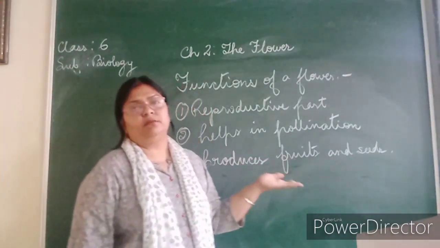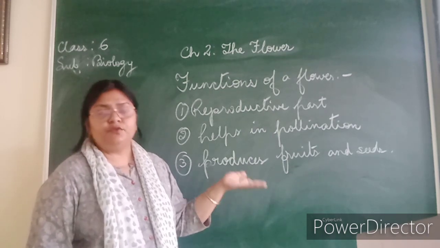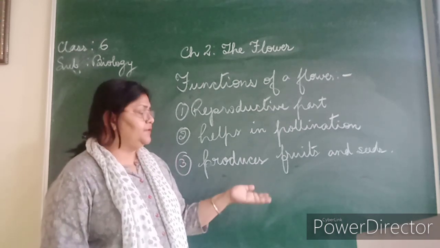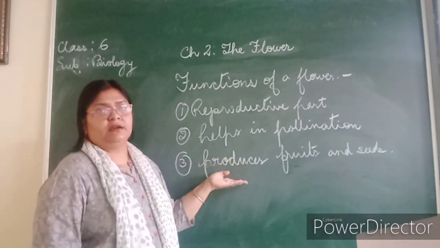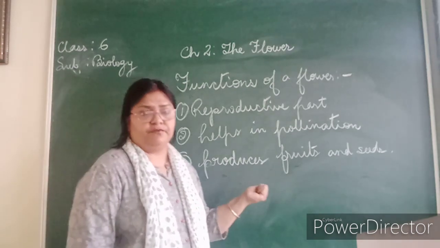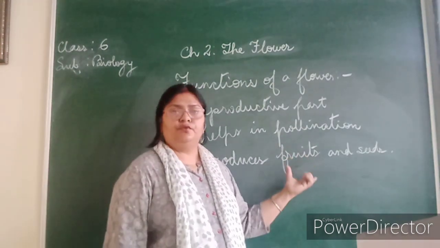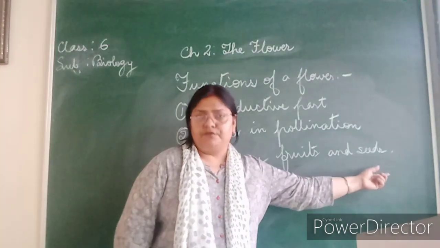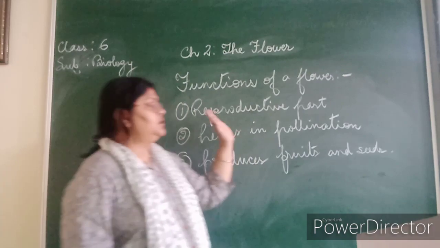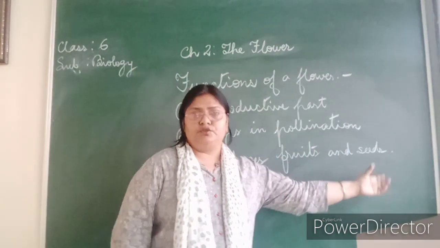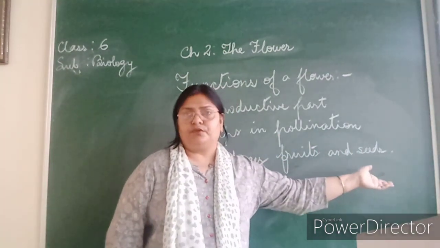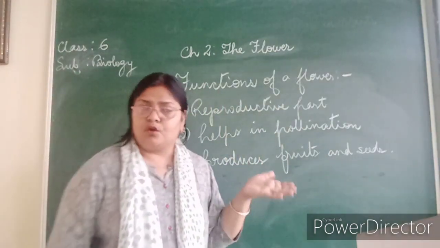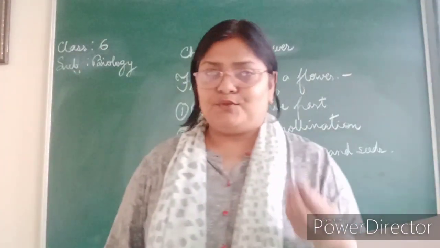So after the male gamete fuses with the female gamete, that is the pollen grain and the ovule, they fuse. Then what happens? There are some changes that occur in the flower. The ovary develops into the fruit and the ovule develops into the seed after the fusion. Okay, so therefore now the seeds, when you plant, you sow the seeds, new plants are produced from them. Therefore flower is very, very important, not only for its beauty but also for its function.